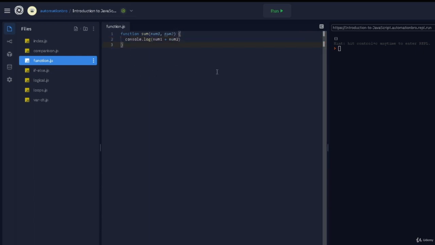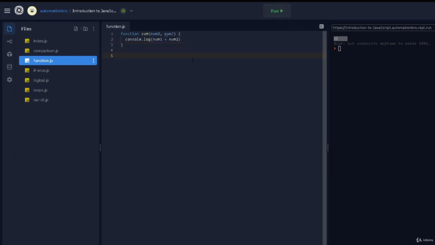So this is good. Now, let's say I try to run this, obviously nothing happens. The reason for that is this line of code won't get invoked until we actually call it. For example, JavaScript would come to this first line. It will see, okay, there's a function called sum. It will jump to the third line and see, okay, someone is calling this function. Well, no one is calling this function, so it won't print anything out.